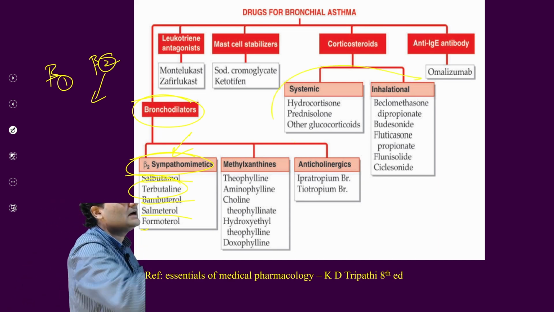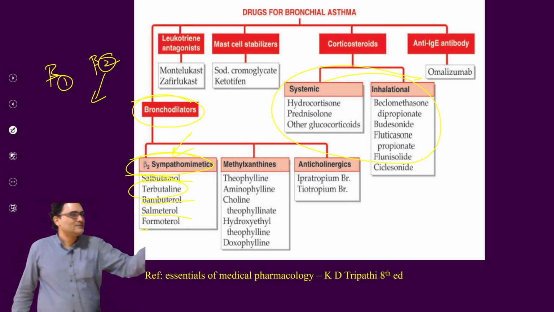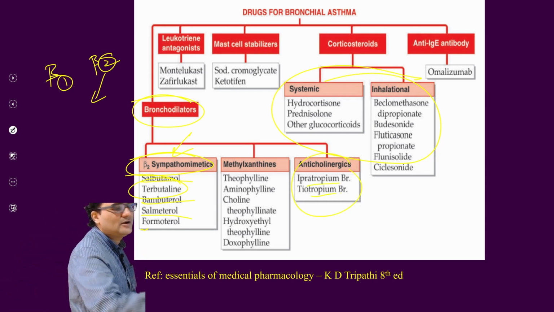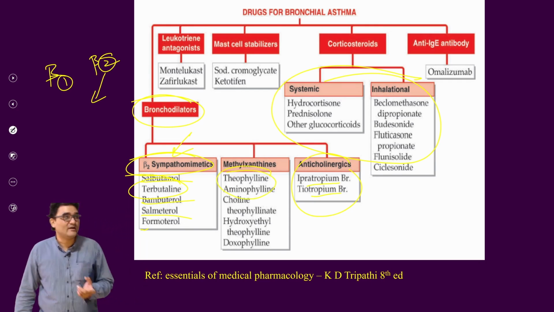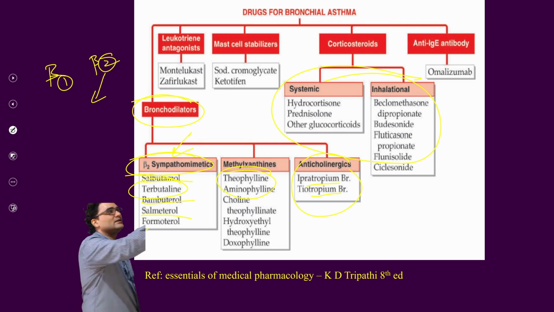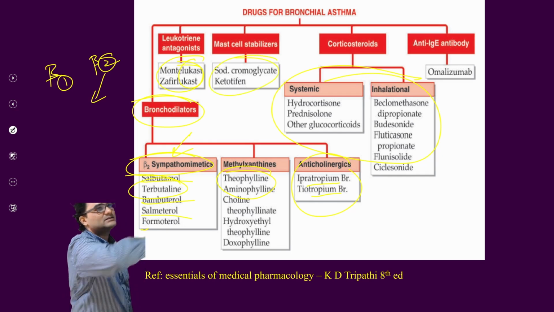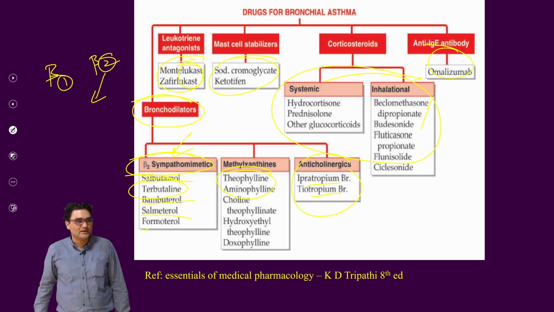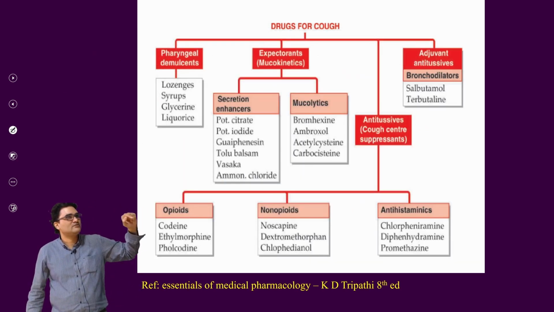Two groups of drugs are inhalational steroids and inhalational bronchodilators like sympathomimetic drugs, and anticholinergic inhalational drugs like ipratropium, tiotropium bromide; xanthines, aminophylline and theophylline; leukotriene inhibitors or antagonists like montelukast, which end with Lukast, montelukast, zafirlukast; mast cell stabilizers; and a newer group of drugs like anti-IgE antibody. Okay, so these are the drugs which are used.